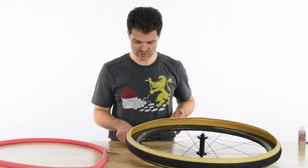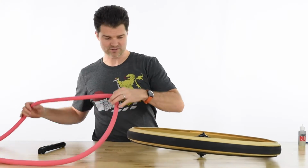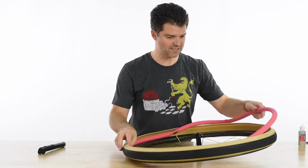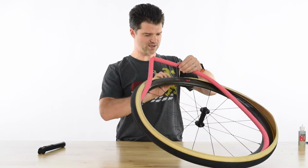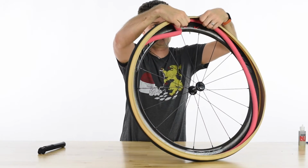So you see our nice thin rim tape has allowed us to pop that on easily. Take our tube with a little bit of body and lay it over. The pink latex tube makes it easy to see. We're going to find our valve hole, go ahead and push it in,